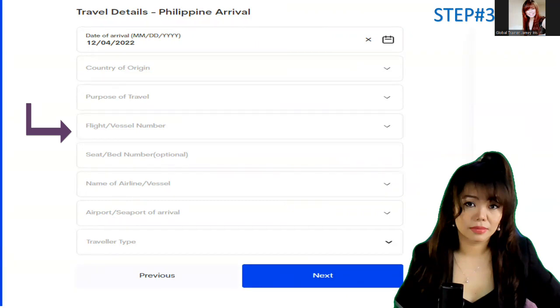But for those who are flying connecting flights, please choose the flight that will fly directly to Manila, meaning the last leg of your flight that will fly directly to any of the international airports in the Philippines. Now, once you type it, for example,